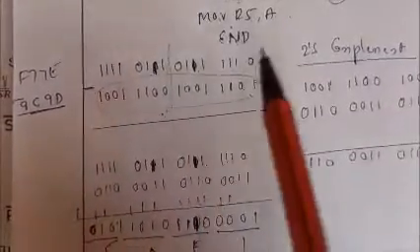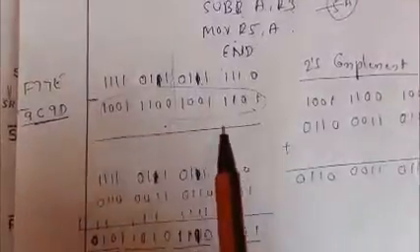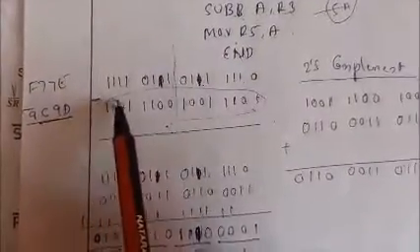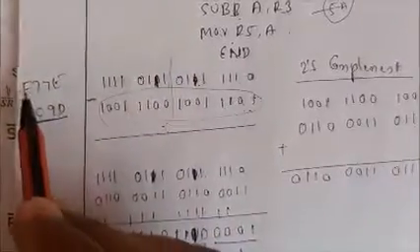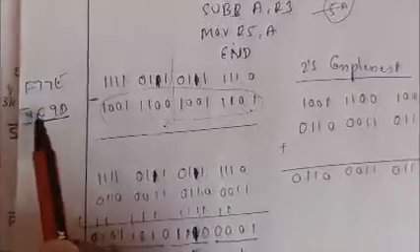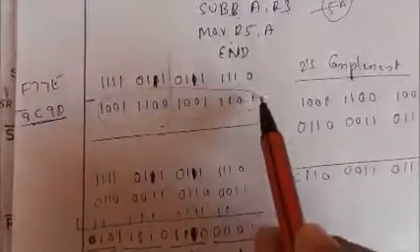Is it clear? But this conversion into the 2's complement, your assembler does everything. There is no need to worry about conversion. But for us also, we need to understand how it is going to perform. So this one I will keep as it is. The second number is negative. Whichever number is negative, we need to take its 2's complement. If the first number is also negative, we need to take the 2's complement of that also. But here only the second number is negative, so for the second number I need to take the 2's complement.